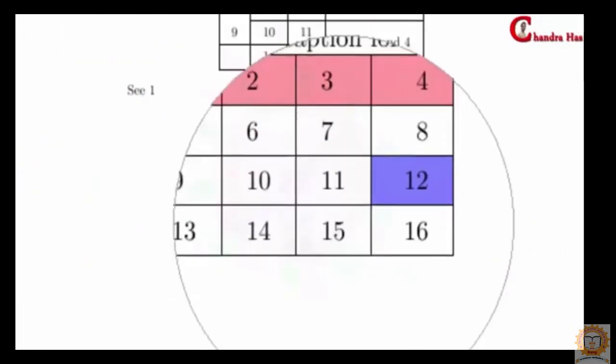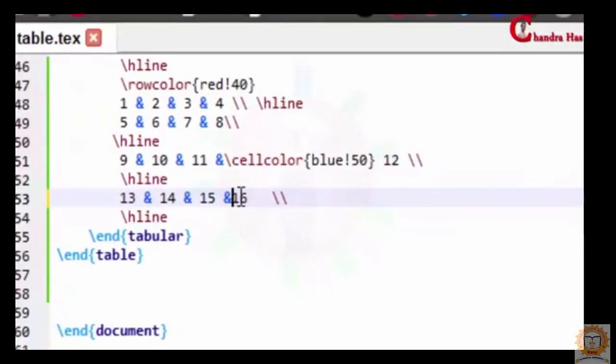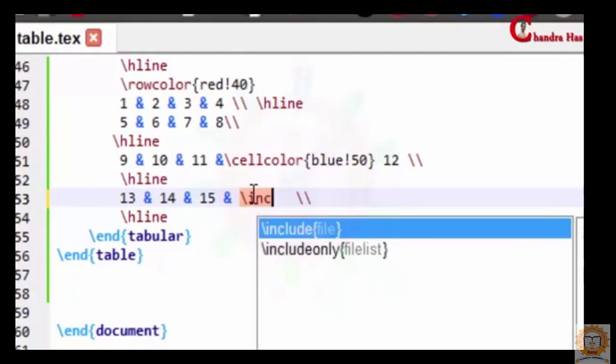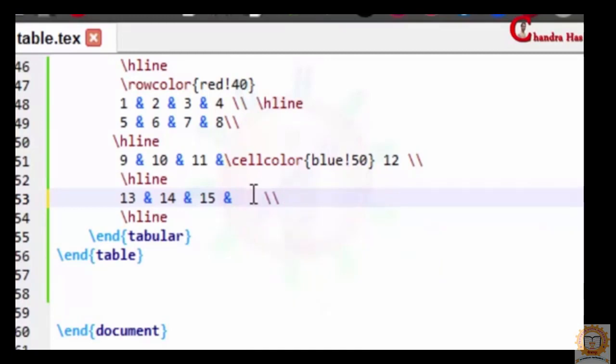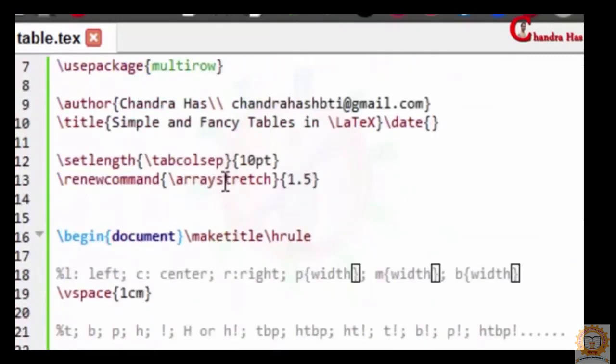Okay. We can also insert image in any cell. So for example, I want to insert one image at this place. I remove this, and here I'll write include graphics. So before writing include graphics, we'll have to use one package that is known as graphics.